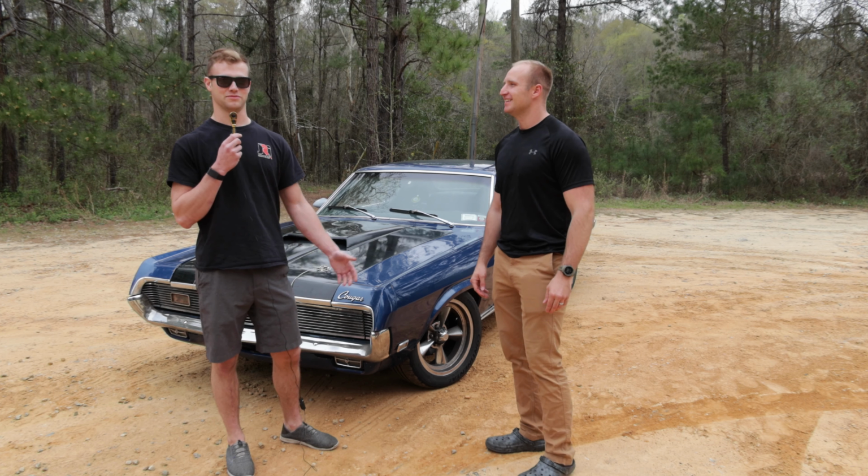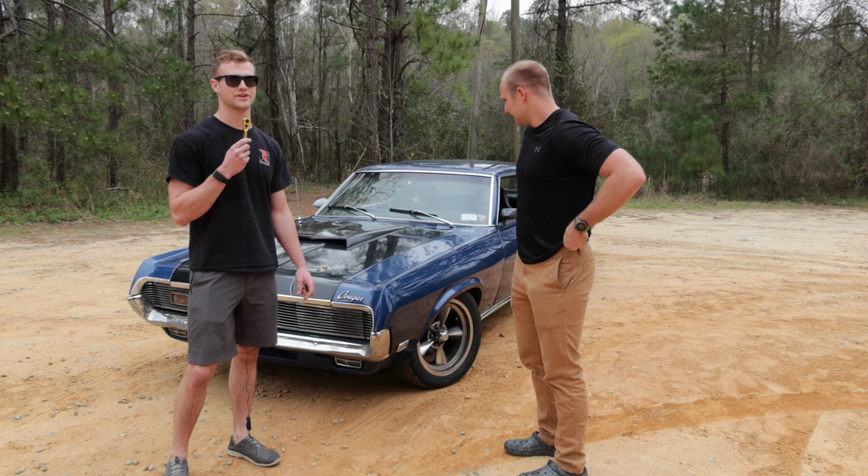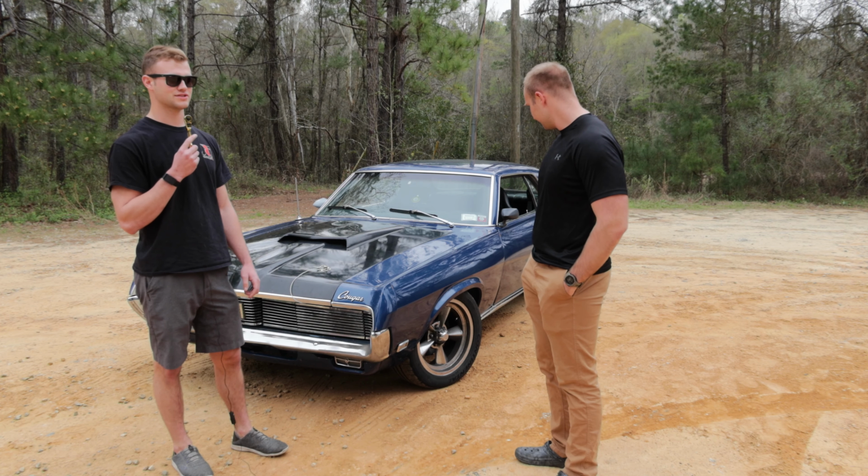Hi everyone, name's Ken. This is my car. It's a 1969 Mercury Cougar XR7, originally a 351 automatic car. Now it's a pretty heated up 351 with a 4-speed. Just talking about the car,